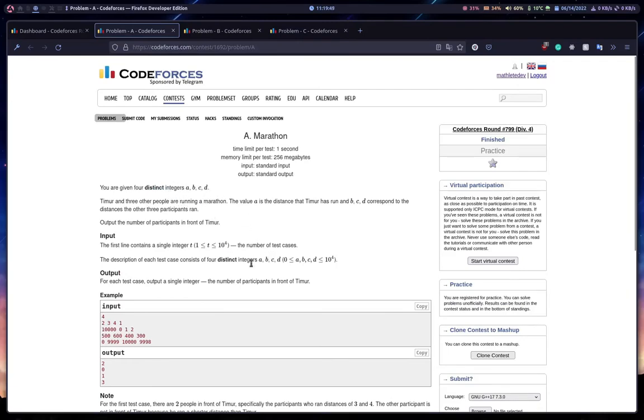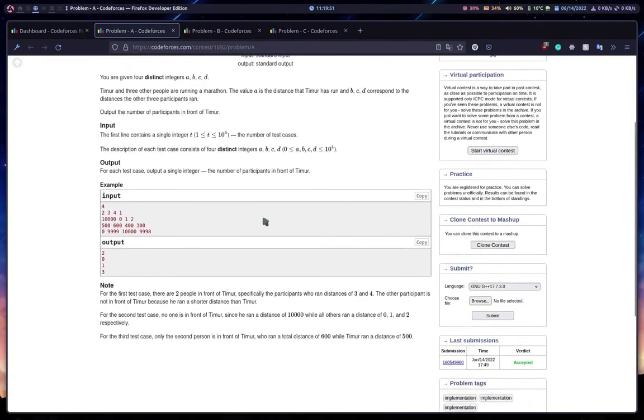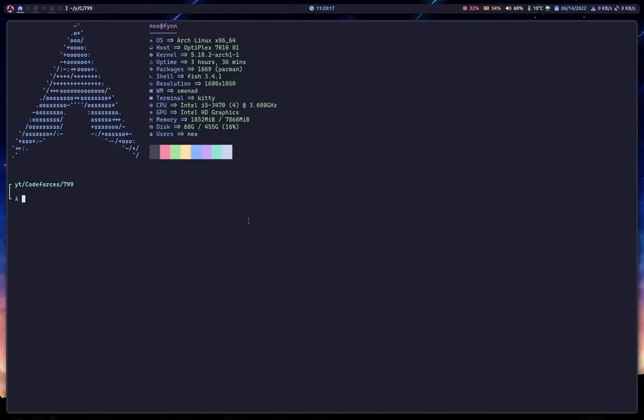asking you to find the number of participants in front of Timur. So Timur is A, and 3 other people are running with him, and the distance is the variable that they give you. So you're trying to find how many people are in front of Timur. And this is pretty simple. All you need to do is find how many of these are greater than A. So we can do that